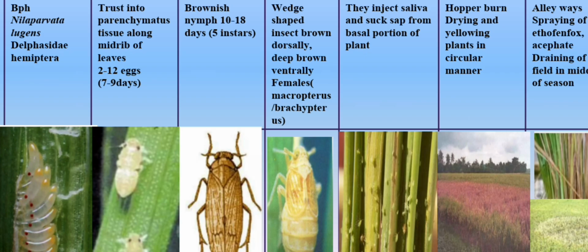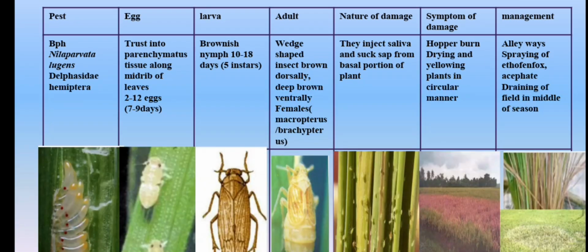And here you can see these are the eggs of the insect. These eggs are generally shaped just like a banana. These are elongated eggs looking like the shape of a banana. These are inserted into the parenchymatous tissue of the leaf. So what the adult will do is insert its eggs into the parenchymatous tissue. Why is it inserting? Because due to wind or water, the eggs must not get damaged. That's why the adult is inserting the eggs into the